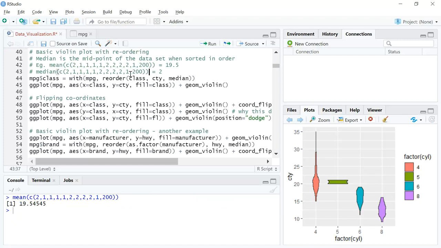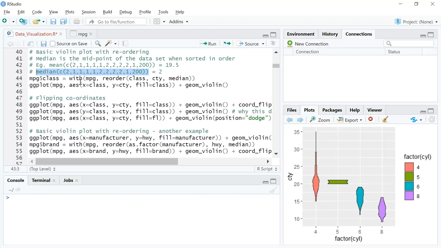So in those circumstances, instead of selecting the mean, a useful thing to do is look at the median. What the median does is sequence all these values in ascending order and pick up the 50th percentile, or the number closest to the 50th percentile, right? In this case, the median comes out to be 2, and that is more representative of the group. Now this 200 was an outlier, right? So on many occasions, just to avoid outliers, we usually look at percentiles or medians. With this, let's quickly look at how we can use this in our violin plots.